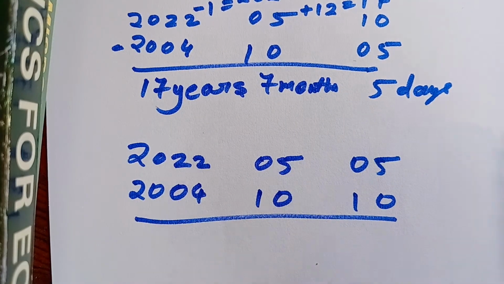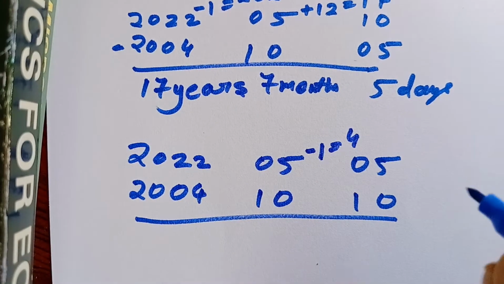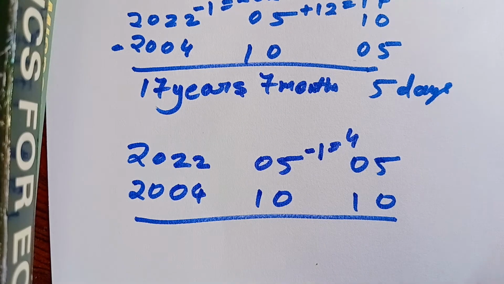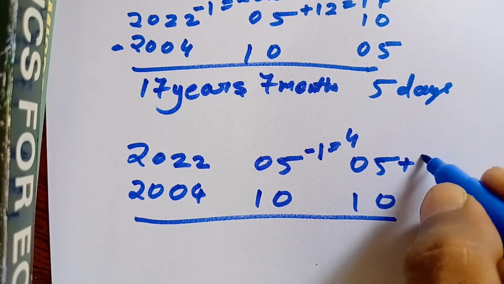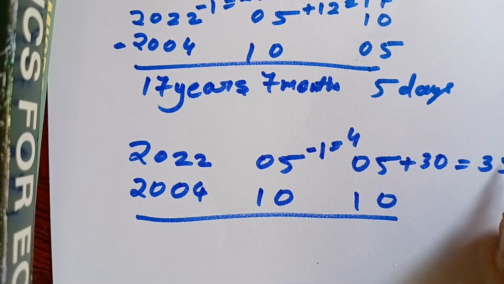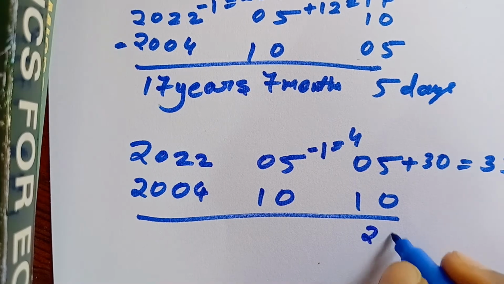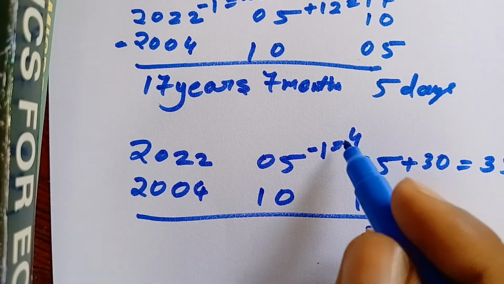Here we will subtract 1, which will be 4, and we need to add 1 month. So we will take 1 month as having 30 days, so we will add 30 here, which will be 35. So now we will subtract 10 from 35, which will be 25, and here you can see it is 4,